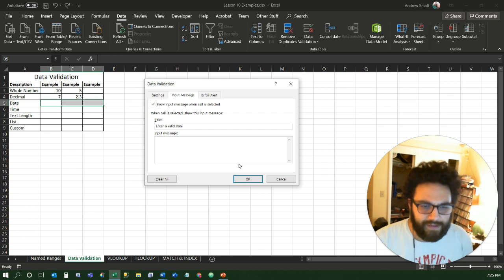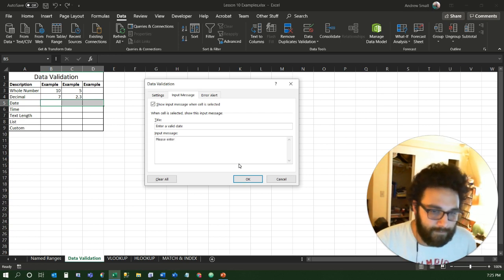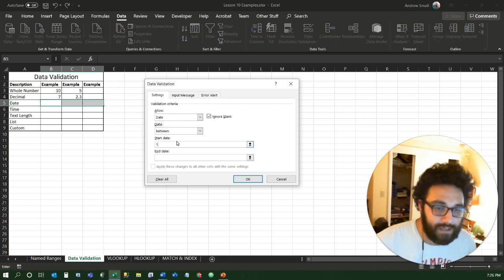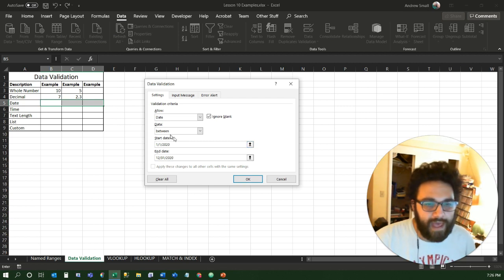And the input message can be something like, please enter a date between, and then we're going to set the data validation rules to be between